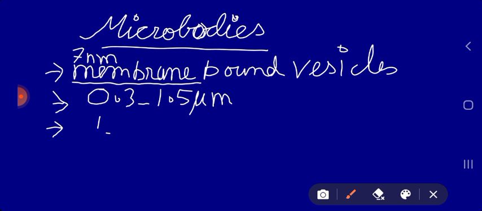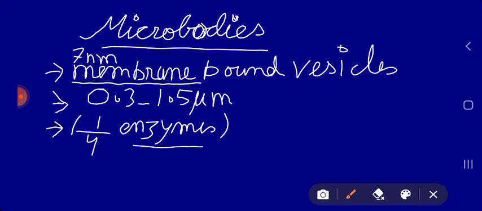So 1/4 of the portion of these microbodies contains the enzymes having catalytic activity. The rest three parts are made up of other things. These enzymes found within the microbodies protect the cell from potentially dangerous accumulation of hydrogen peroxide, H2O2,